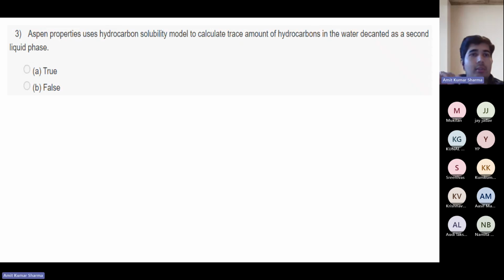Aspen Properties uses the hydrocarbon solubility model to calculate trace amounts of hydrocarbons in the water decanted as a second liquid phase. True or false? True. Okay. I think we have seen in our slides also, like free water and dirty water. The dirty water contains some hydrocarbon also.